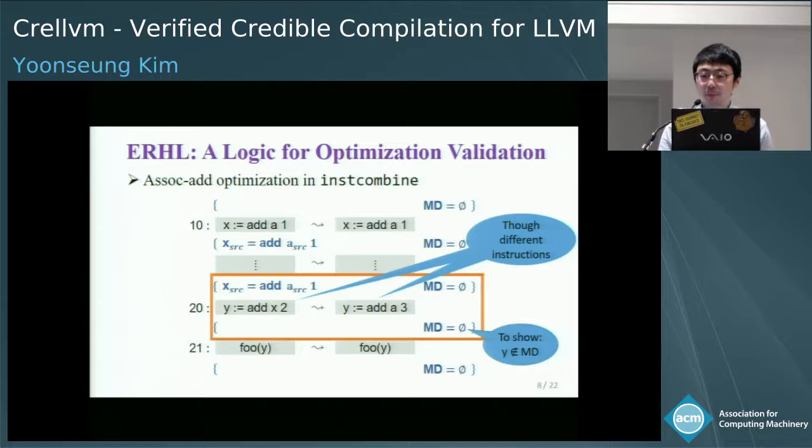Now, under this precondition, what we have to really show is that even though we update y with different instructions, y contains the same value in the source and target. In other words, y is not in the may-diff set. Then, thanks to this condition that y is not in the may-diff set, validation succeeds at the next line because foo is invoked with the same value in the source and target. Before we proceed,